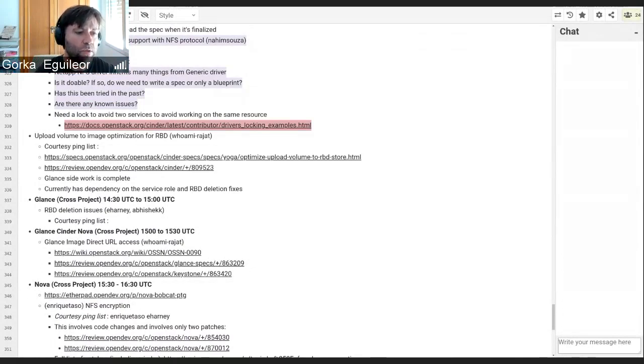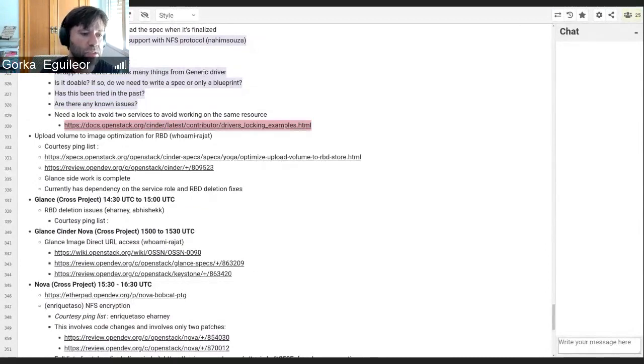You say, okay, I want only one to try to create the host or destroy the host to avoid race conditions. Because the resource is on the storage array, you would want to extend that to another active node. So you would have to change that type of lock to a DLM lock, which is